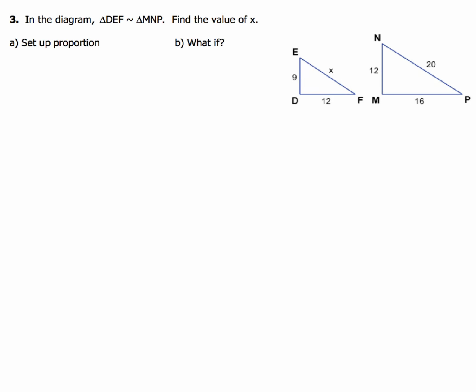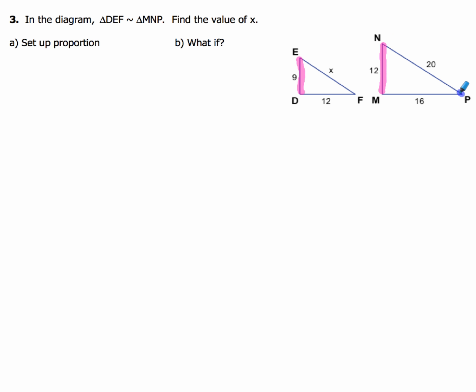Now for example number 3, we've got this diagram where they tell us that triangle DEF is similar to triangle MNP and we have to find the value of x. So one of the first things that I want to do is set up a proportion. Now when I go to set up a proportion, I'm going to look at this side right here, DE and MN. So that's going to be one side that I'm going to take a look at,